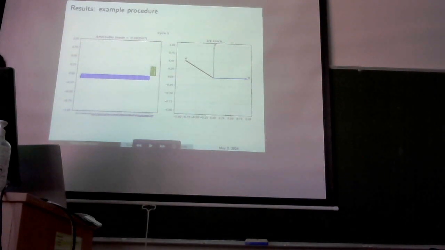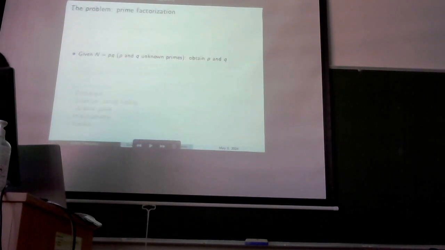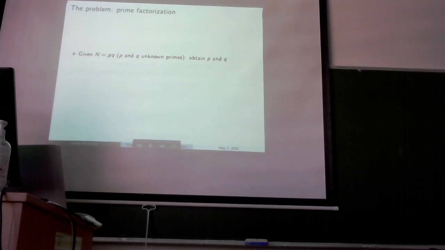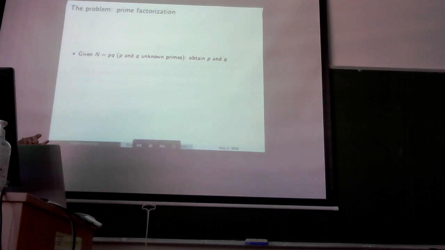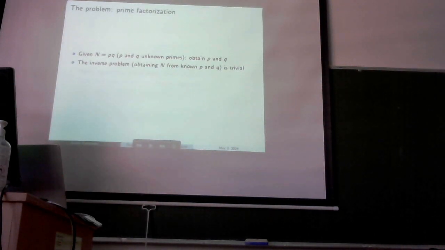Now I'm going to move into Shor's algorithm. In Shor's algorithm, the main problem we have is factoring a certain number. We are given a certain natural number n, which we know is the product of two numbers p and q, and our task is to obtain those two numbers p and q. You might notice that the opposite problem is trivial. Given p and q, you multiply them and you get n. However, the factoring problem is notoriously hard to compute. In general, there are several algorithms to compute it, and one of them, the one I'm going to discuss here, is Shor's algorithm, but none of them are classically efficient.